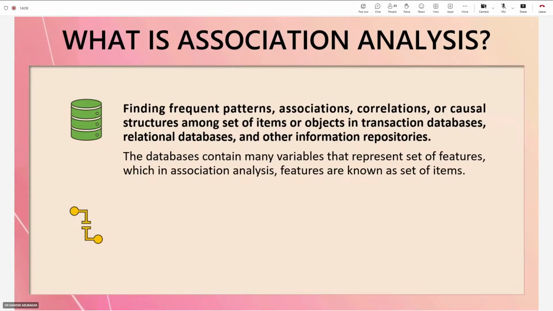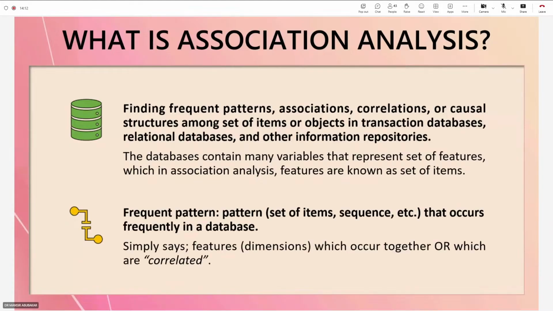So when we say association analysis, what do we mean by association analysis? It is very simple. Simply saying that we want to find frequent patterns in the data set. We have the set of data, especially transaction data, in the form of relational data. So we can find out what are the associations between the items that are in a particular transaction. Or we can say association between the different items, or correlation or causal structures among the set of items or objects in transaction databases, relational databases, or any other information repository